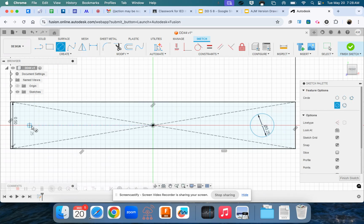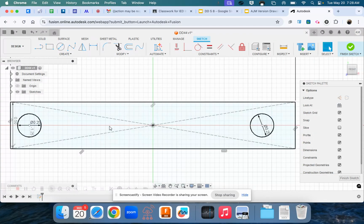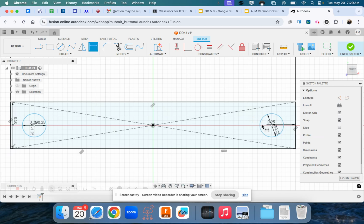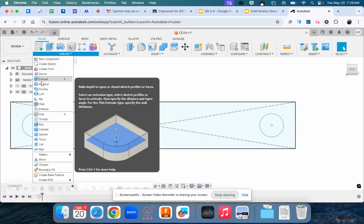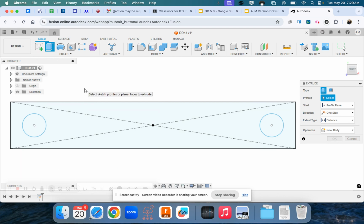And I could do this by symmetry too, but I think it might be easier to do it this way. So I could make one, and I could center pattern it around there. And it is 0.25 from each end. There we go, the center of it. So I'm going to dimension them to snap them into place. There we go. I'm going to finish that sketch, and I'm going to extrude,